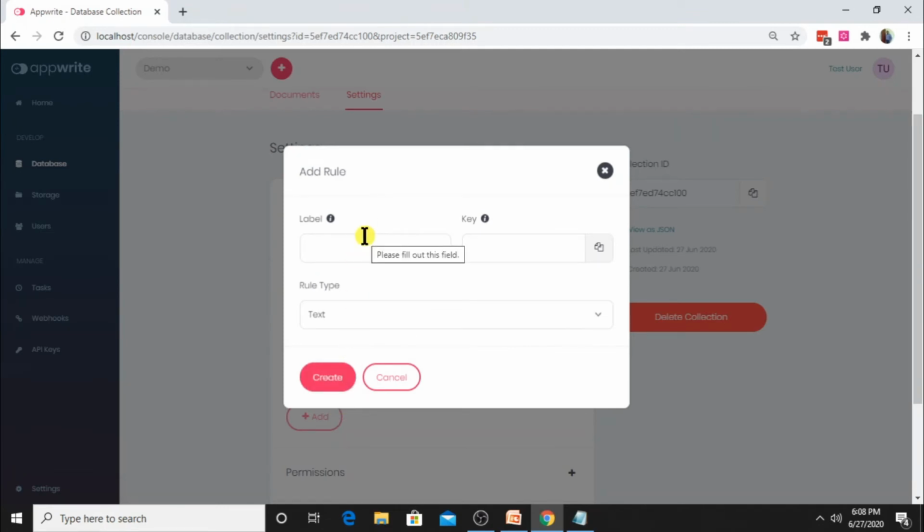So for a todos collection or a todo table, what are the fields which you can think of? Maybe a title, a content, and whether the todo is completed or not. So let's say the title will be of type text, because string is of type text. Content will definitely be of type text, and isCompleted will be of the type true or false, which is boolean. So let's enter that.